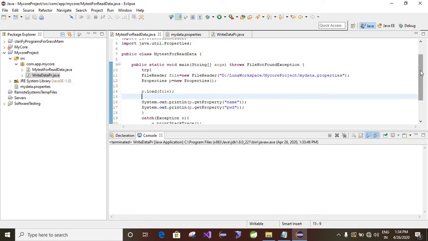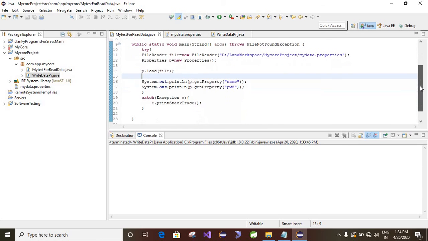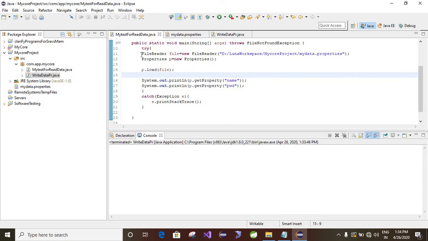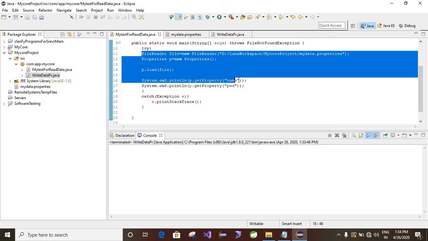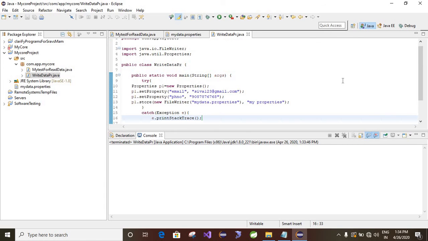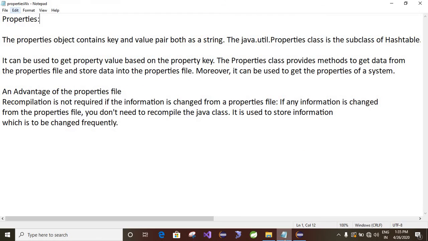How to read the data from the properties file using these 3 lines of code. Say p dot getProperty. If you want to write data, you have to set the data, right? So by using setProperty, right?